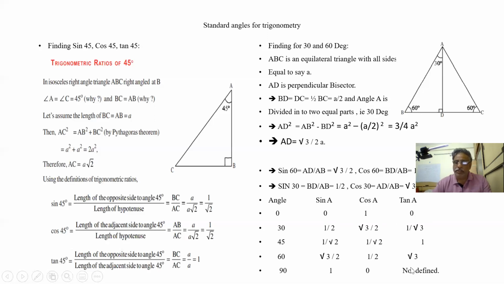So now in tan theta, what is tan 90? Sin 90 by cos 90. So 1 by 0. 1 by 0 is not defined. It is infinite. If you take 0.00001, it will be very large, but it is not defined at 90. Similarly, cot is not given here. Okay.